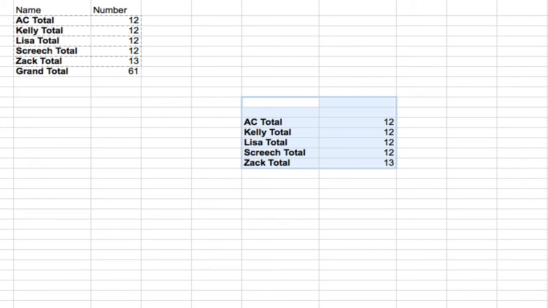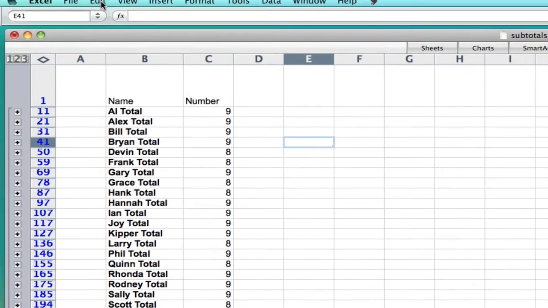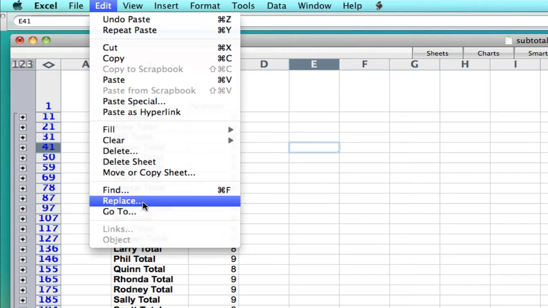But what happens if we have a list with far more names? Let's say even 2 or 3 times more than we see here. That would be really problematic and time consuming to try and copy all of those and then paste them out. So I want to show you a simple trick in order to copy the subtotals and be able to paste just the subtotals elsewhere. First, you go up to Edit, go to